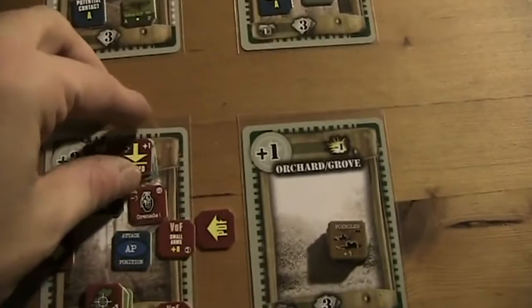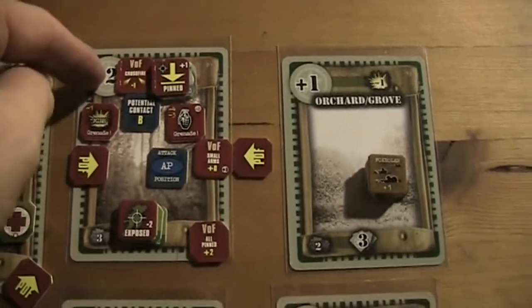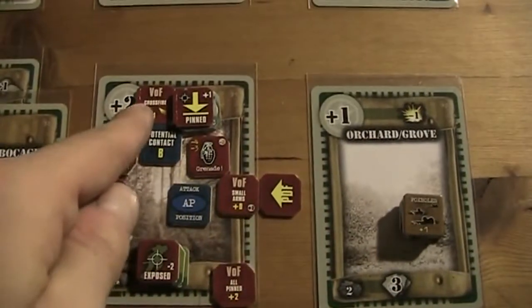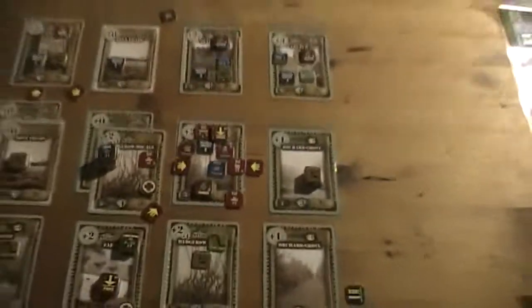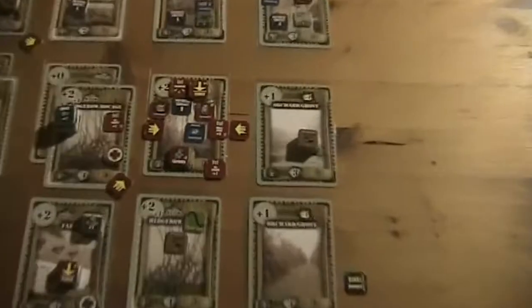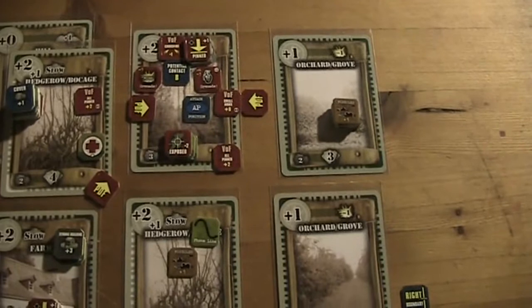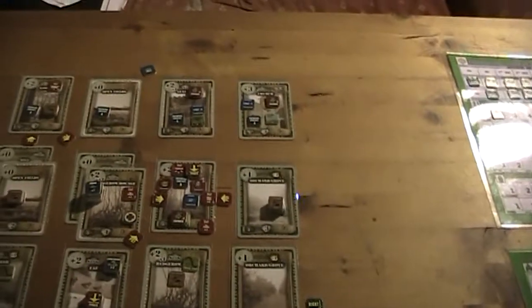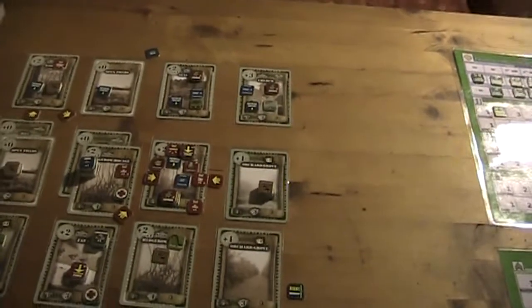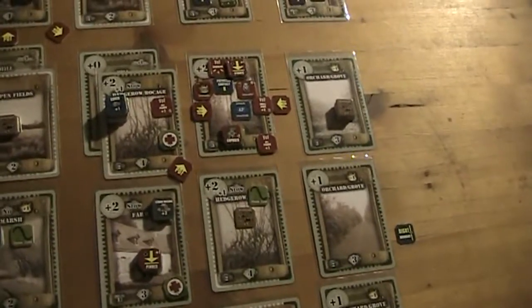So let me see. This unit is pinned right now, so that means he's got a +1, a +3, and then we got a -4, -5, -6. That's a -3. I guess that will do it. +3, -6. Yeah, that should do it, actually. Okay. I mean, you never know, but...